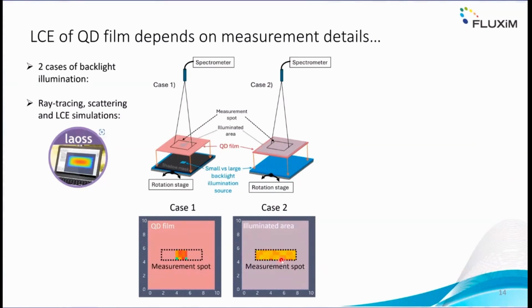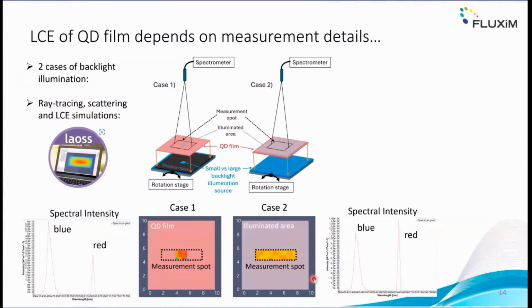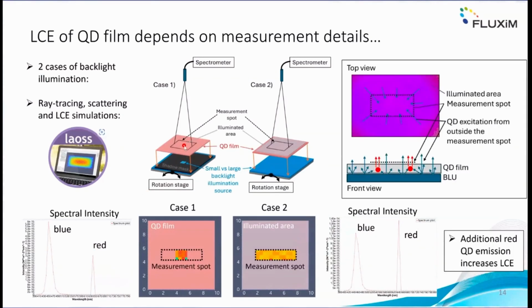And you see it here in a spectrum: we have the blue peak of the excitation source that is transmitted partially, and then the red peak, which for case 2 is much stronger than for case 1, where the excitation spot was smaller than the detection spot. In order to understand this, we ran the Laos ray tracing calculations, and we took care of the actual